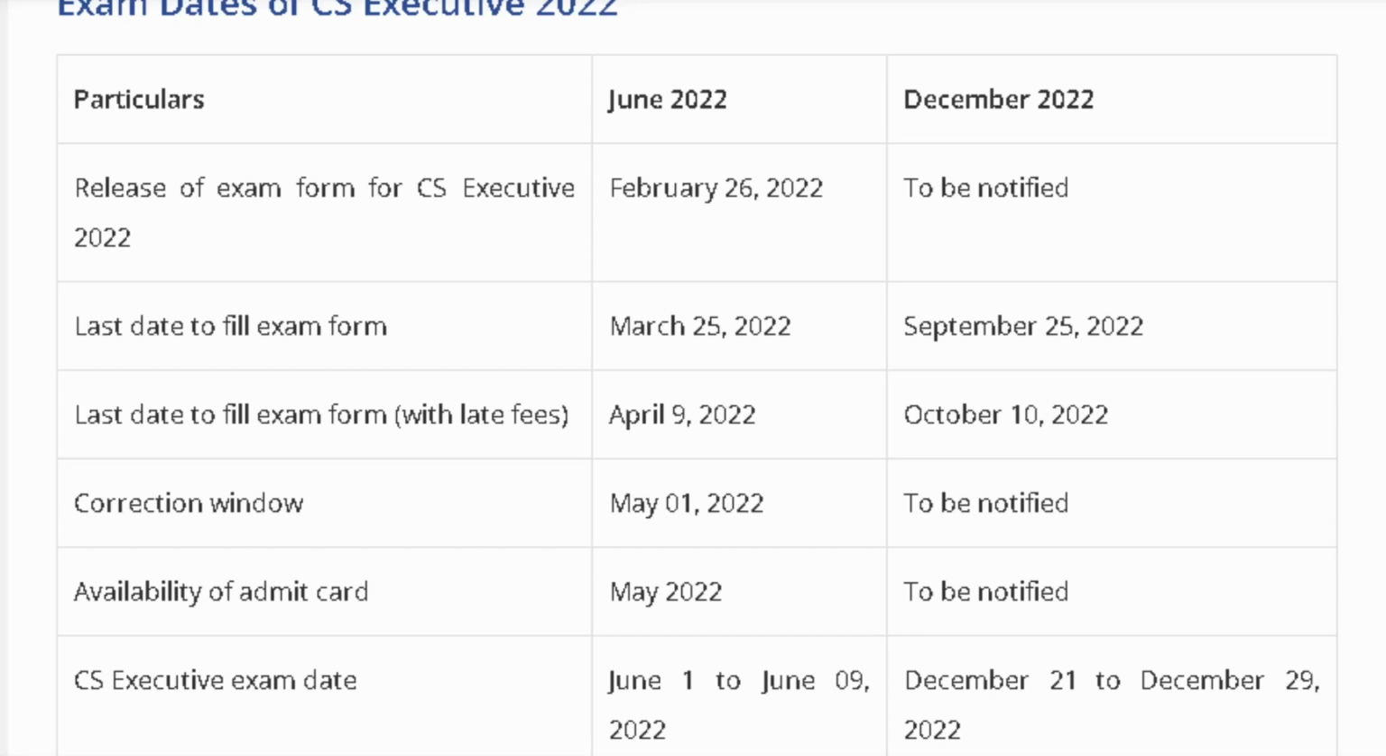September 25th is clearly mentioned as your deadline date for examination fee. The last date till which, with late payment fee, you can pay your examination fees is October 10th, 2022. If you pay by 25th, you will not be charged any kind of penalty, but post 25th you will be charged with penalty, up to a maximum of 10th October. After 10th October, whatsoever request you make, you will not be allowed to pay